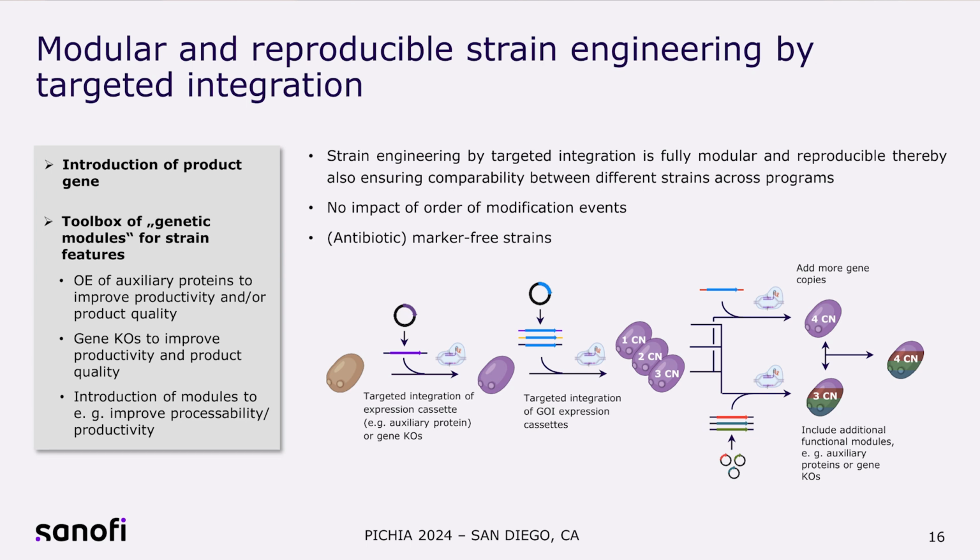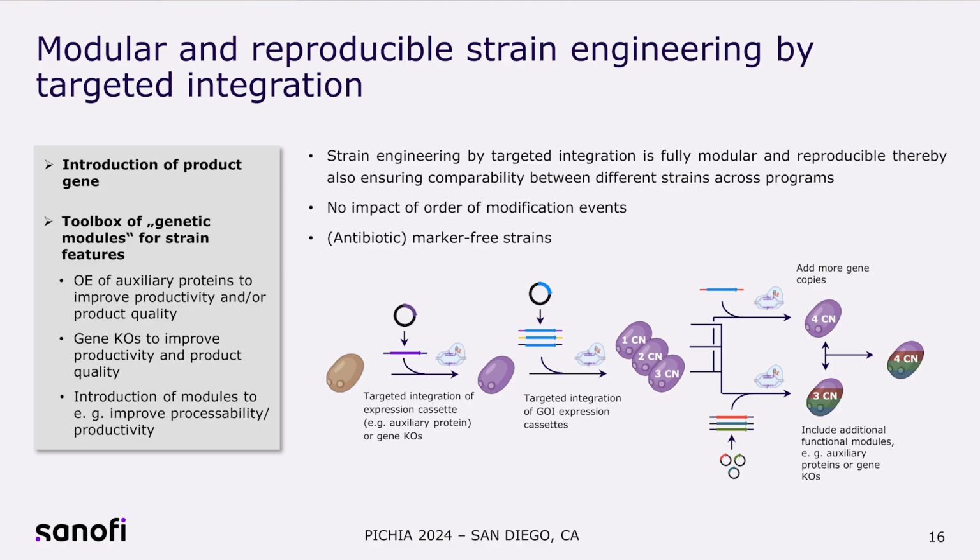You might see that a 3 copy number strain is the best working one because it is better than the 2 copy strain and the 1 copy number strain. And then you can just decide on what is the next step. You could then, as a next step, take your 3 copy number strain, include a 4th copy, assess if that one is even better,